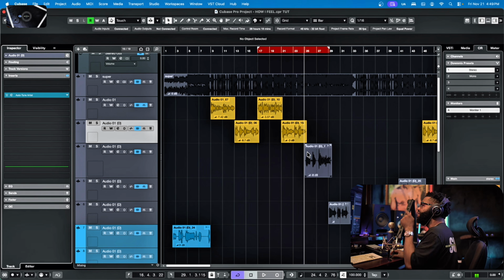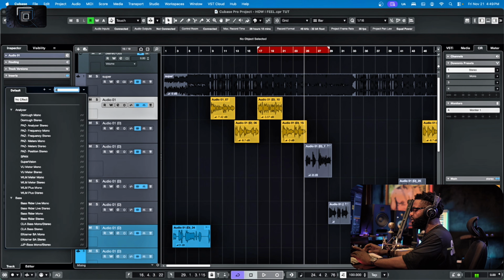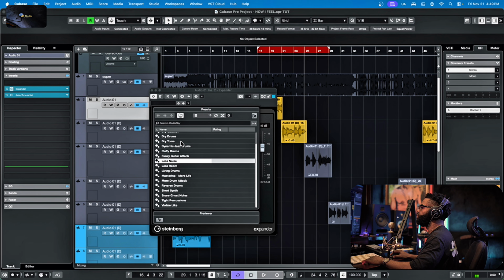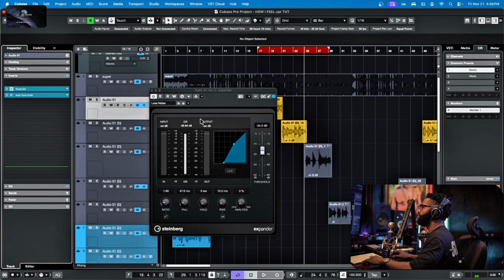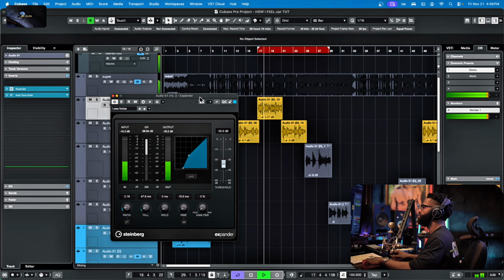Denoise it separately. The reason why you have to denoise separately is because some of the vocals might be up and down. I like using this guy, expander, and this preset, less noise. Boom, I just reduce this guy and increase this one to 2+, about 219. Big ups to my day ones. So once I am happy with the denoiser,